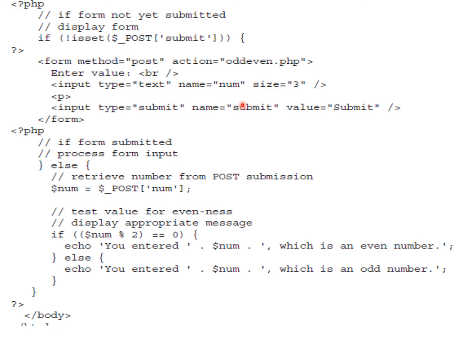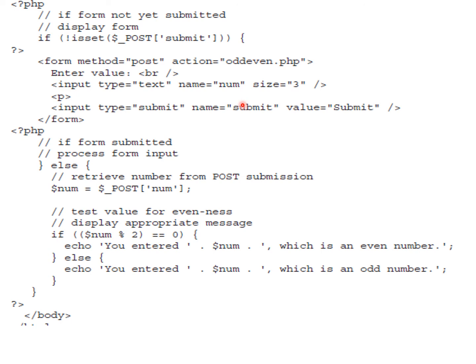Whenever this odd even web page is loaded, we have a form in the body which contains an Enter value label, an input field and a submit button.